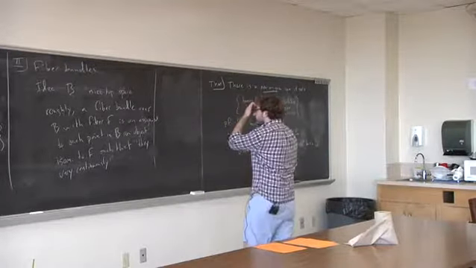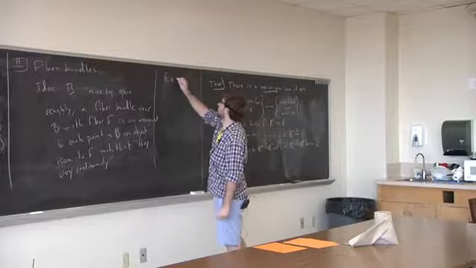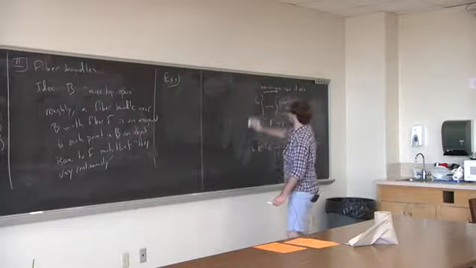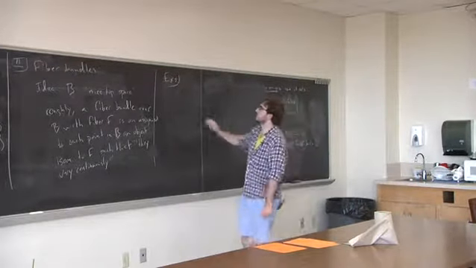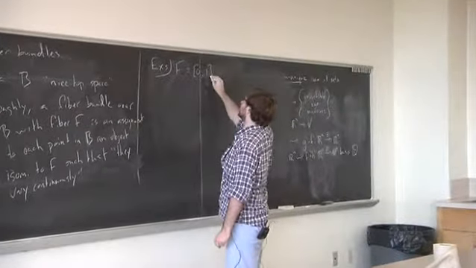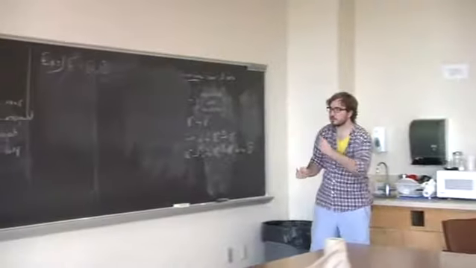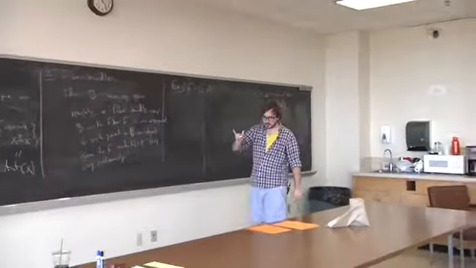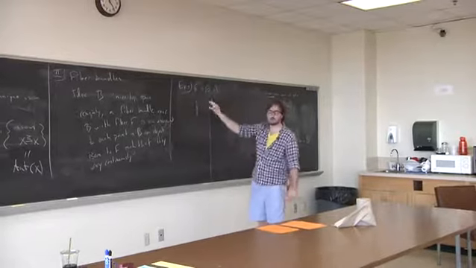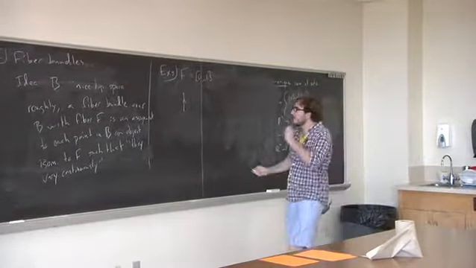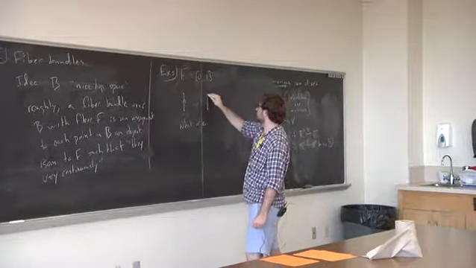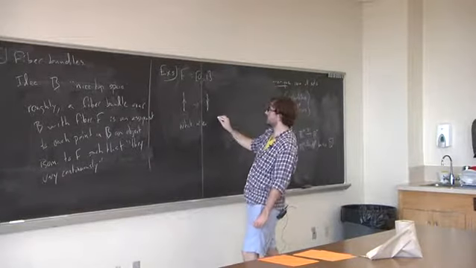Okay, so examples. Let's just say that our fiber F here is, say, the interval 0, 1. It's just a topological interval, and I'm going to say this thing only has essentially two automorphisms. Either it stays the same or I can flip it. So what are F bundles